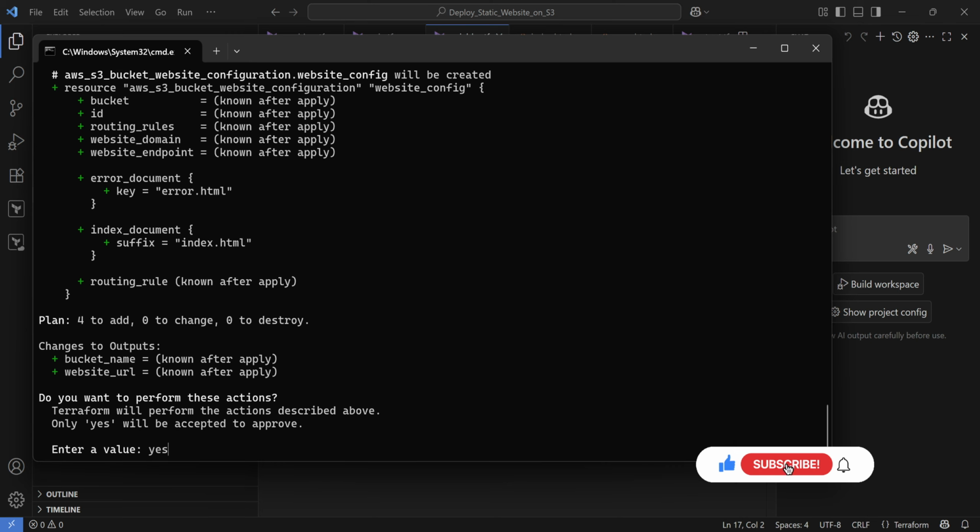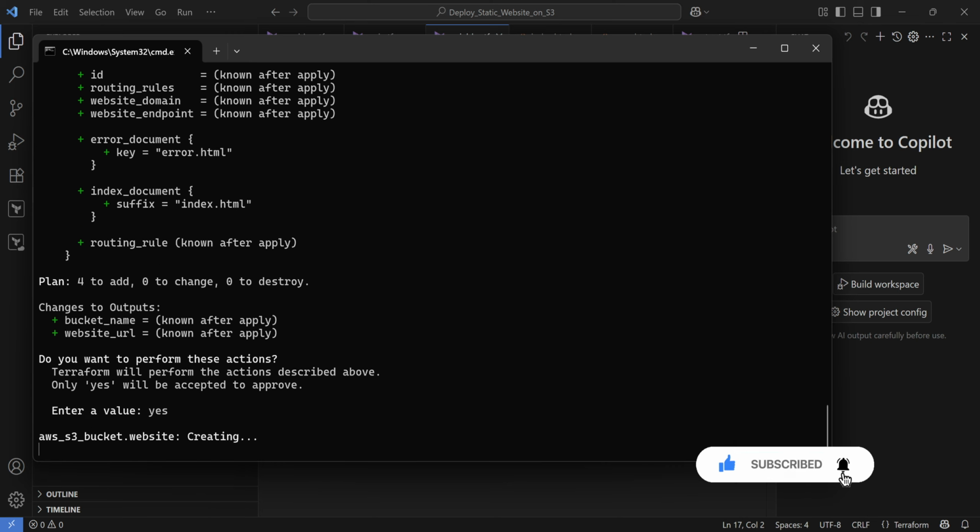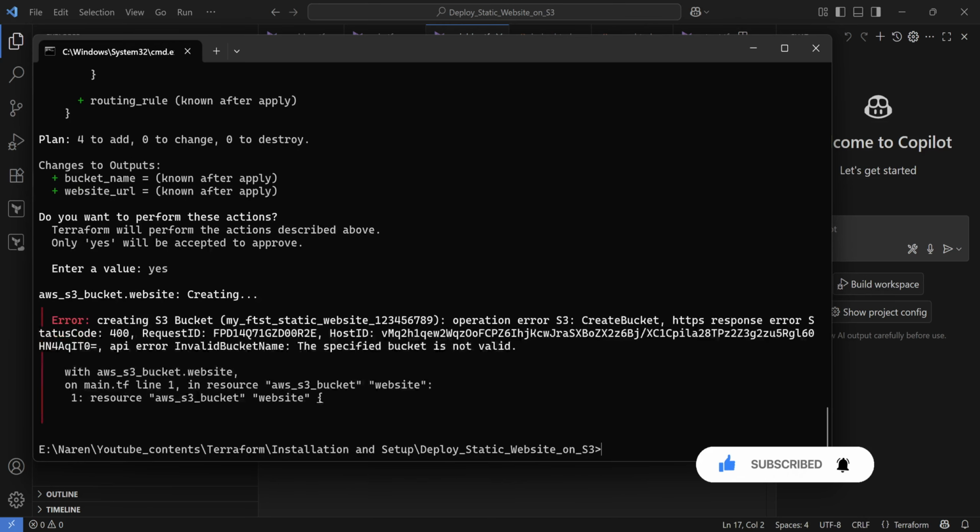I type yes, and it starts creating the website, and we got our first error. This is good that we got the error. The specified bucket name is not valid, meaning the bucket name you have specified is not valid. So we must create a valid bucket name.